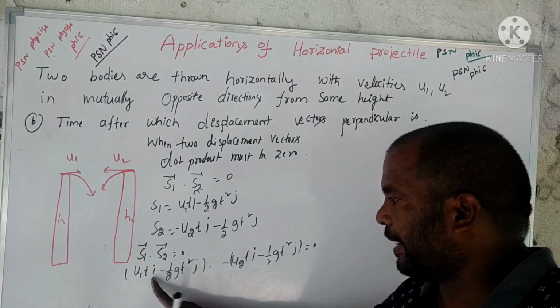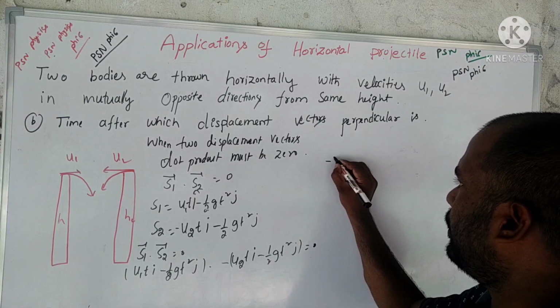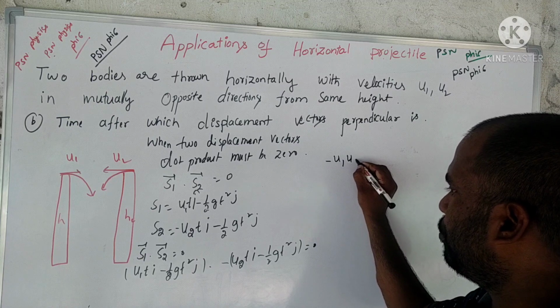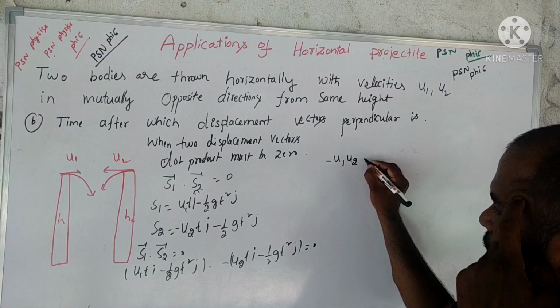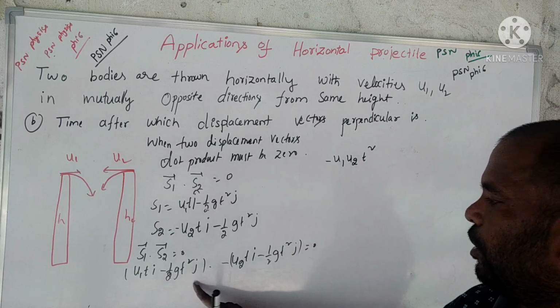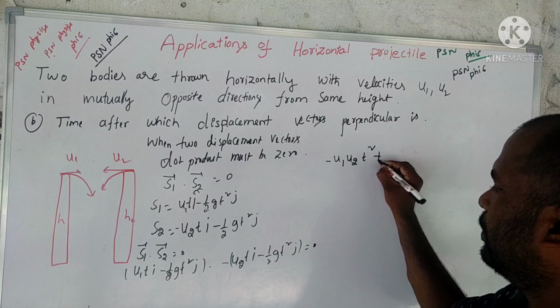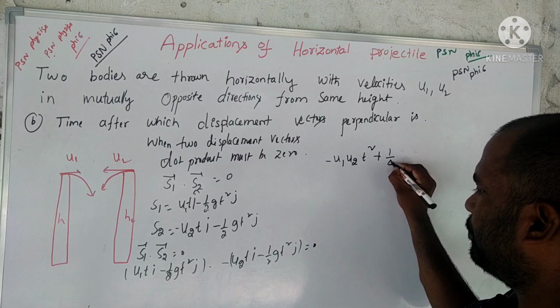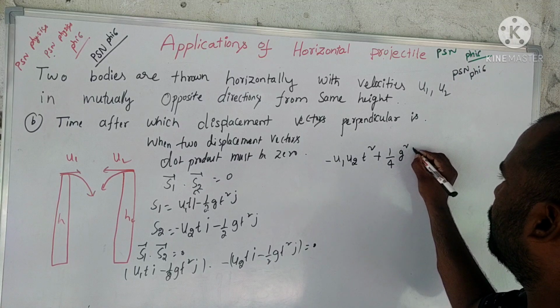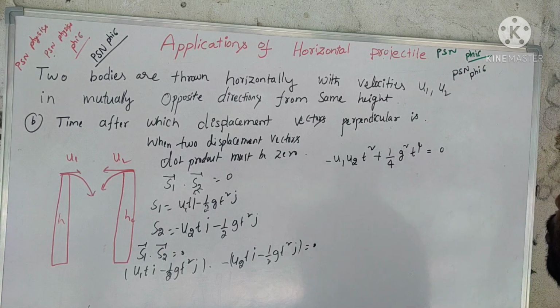Therefore, i dot i is 1, into minus u1 u2 into t square. Here the second one, j dot j, again 1, minus into minus plus 1 by 4 g square t power 4 is equal to 0. Now if you simplify,